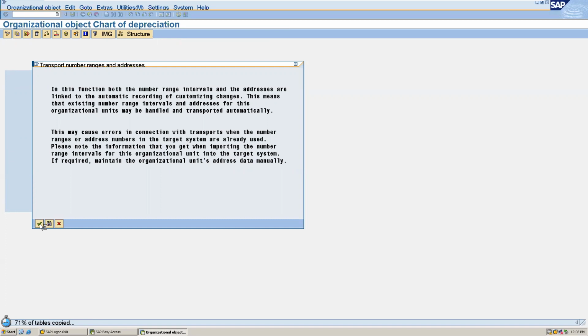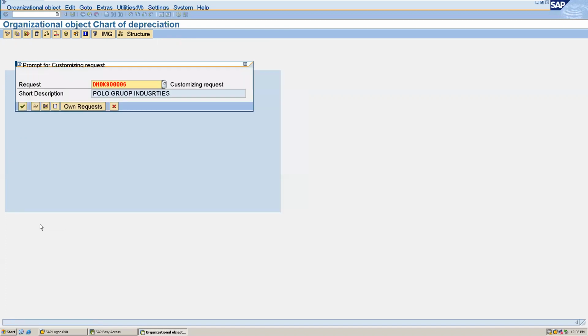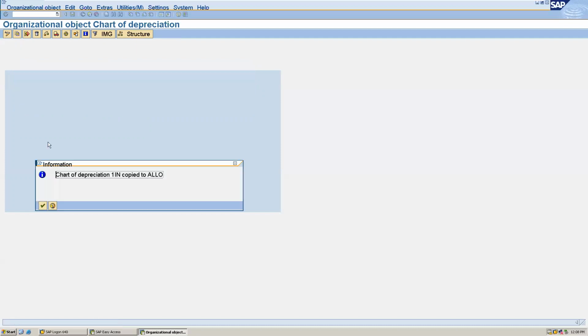And from that, we have to delete the depreciation areas which we don't want to maintain. Okay, chart of depreciation 1IN is copied to ALLO.